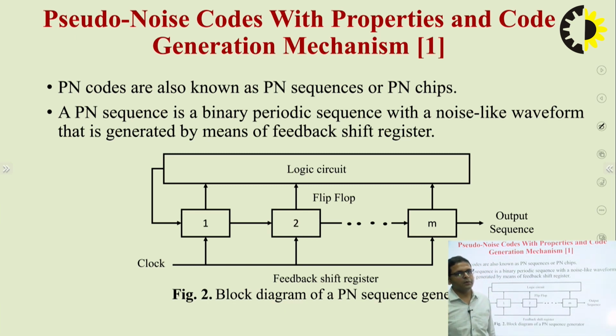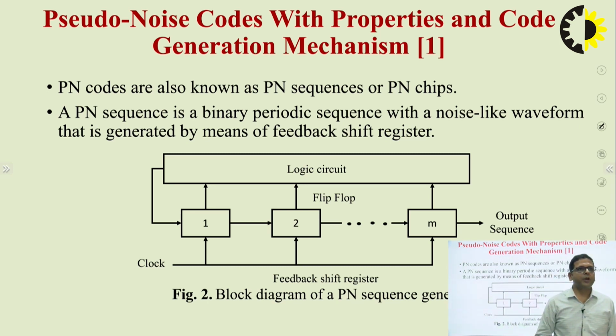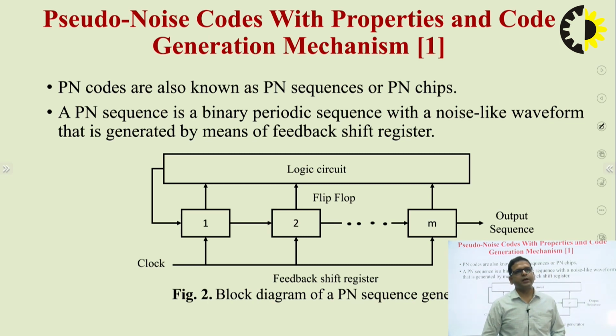So, we are going to discuss the pseudo-noise code, its properties and how it is generated. Pseudo-noise codes are also popularly known as PN codes, PN sequence or PN chips. The PN code or PN sequence is basically a binary periodic sequence with a noise-like waveform, and it is generated by